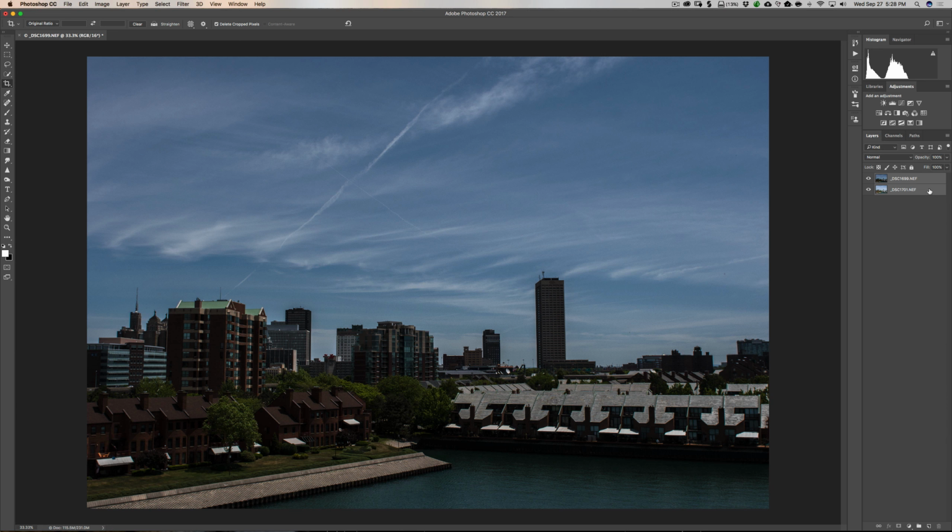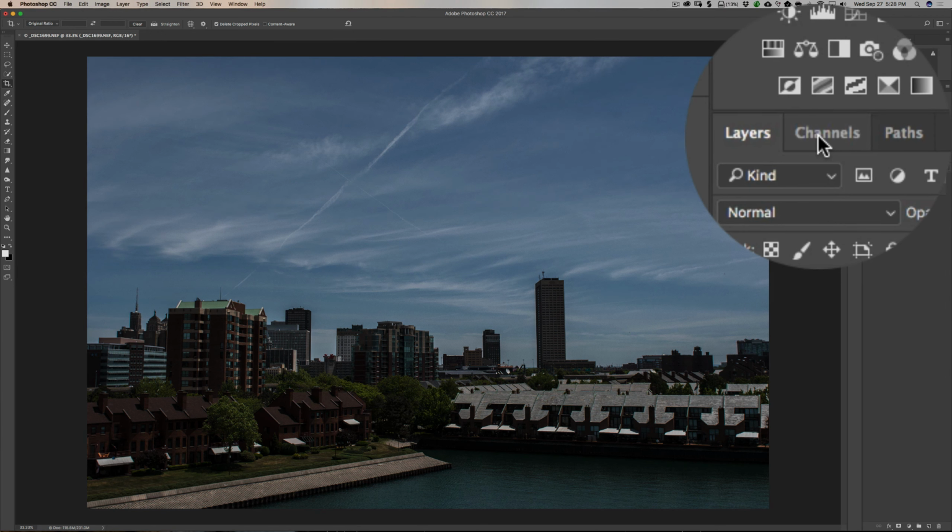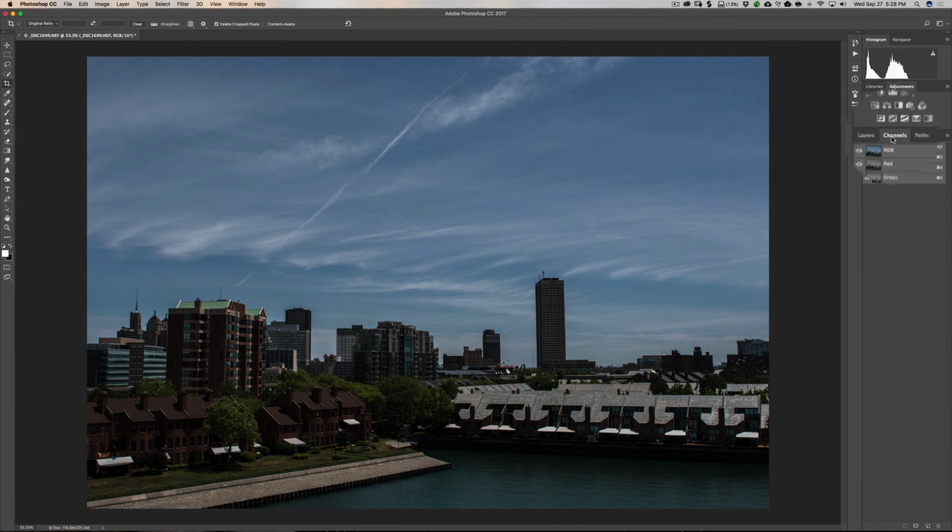layers selected. So just deselect one by clicking on one or the other, and then you'll have them not both selected anymore. I want to deal with the top image, the top layer. So I'm going to click on that, and right here where it says layers, right next to it is channels. We're going to click there, and you can see we have an RGB, and then we have the red, green,